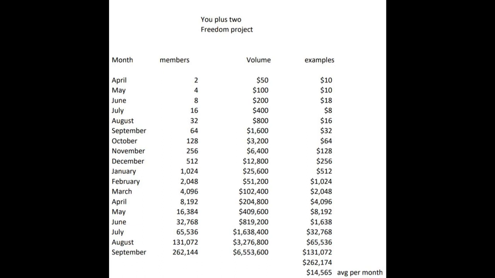32,768, and we're going to multiply that times 8 because you're at 25 CV and your whole team's at 25 CV, and that is going to be a total check that month of $262,144. Now pause. Here's why we did this whole example for you and showed the algorithm, because I wanted you to see this shortcut. Look at the number of people on that level, 262,144,